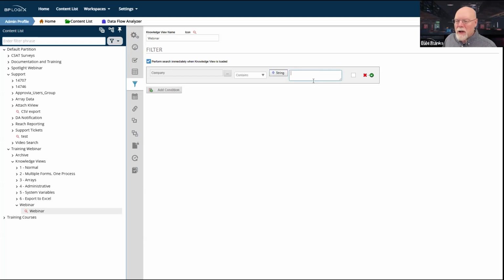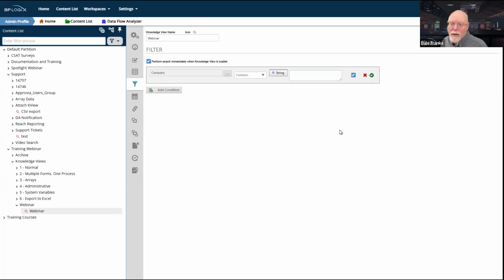Now, in this particular scenario, I would most likely want to have an end user search for a company. So what I need to do is have the prompt user when run checkbox checked.